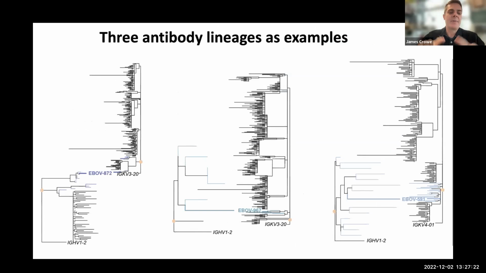And I mentioned how many clones there are, but if you look at each clonal lineage, these are just 3 representative clonal lineages, and the colored bars left to right are monoclonals that we recovered. But if you look in the deep sequencing for this individual, the left is the heavy chain and the right is the light chain. These are somatic variants. So even for one particular monoclonal within an individual, you can see hundreds of somatic variants that may have different